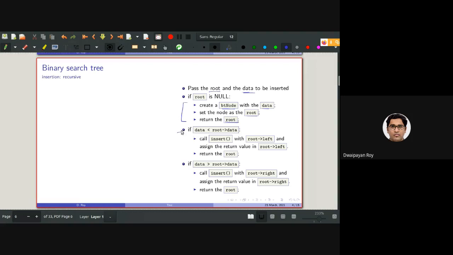This is the condition when we see that the data that we want to insert is less than the data stored in the root. So we need to call the same insert function, this insert function, with root left as well as the data that we want to store. And we need to assign the return value to root left.